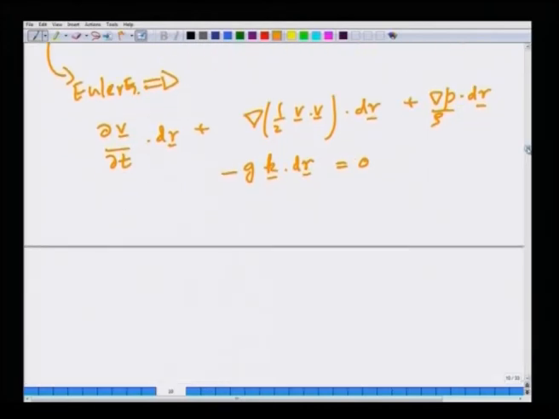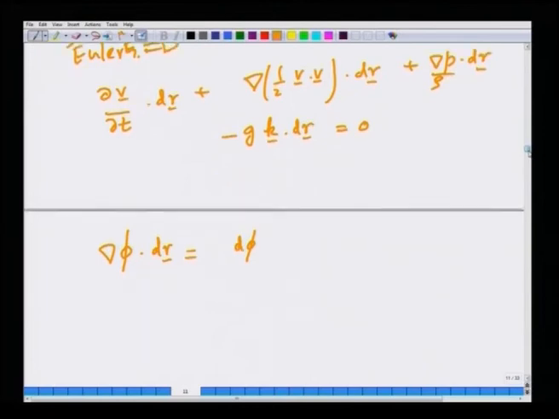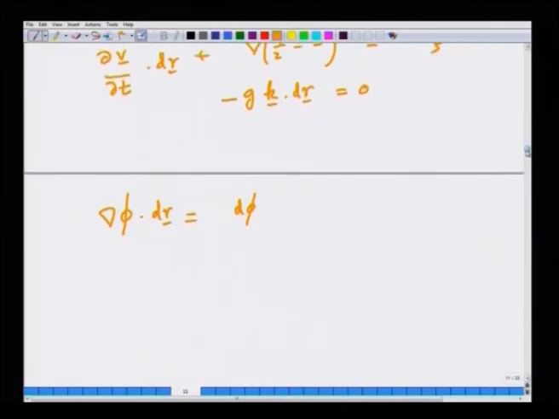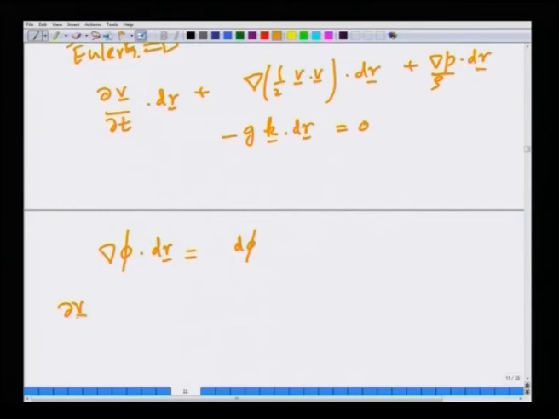Now, let us try to simplify this further. The gradient of any scalar quantity dotted with dr will give you the differential change in that quantity along the two endpoints of the vector. So, this equation therefore becomes partial v partial t dot dr plus the change in half v dot v plus the change in the pressure across the 2 points minus k dot dr is nothing but the difference in,